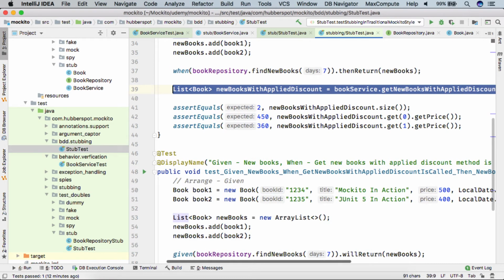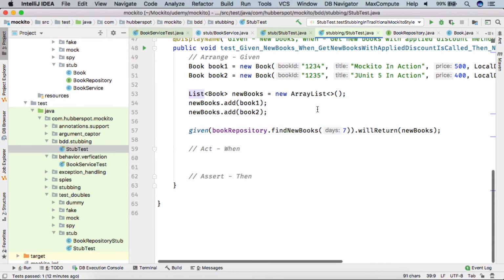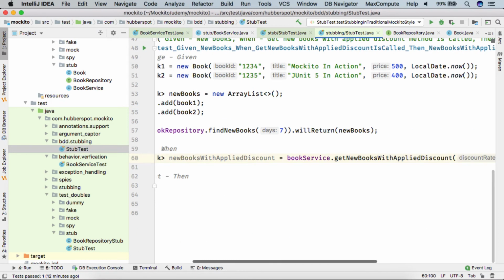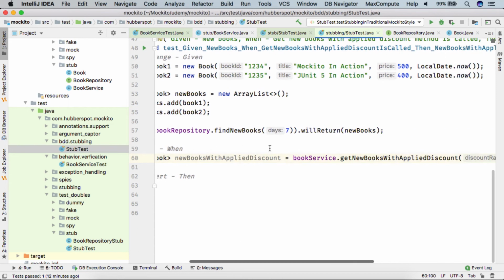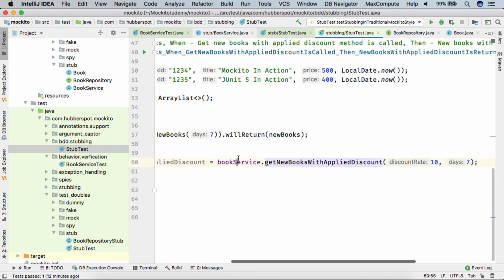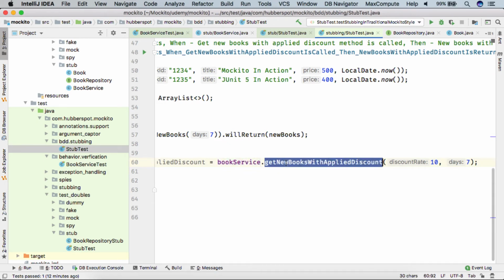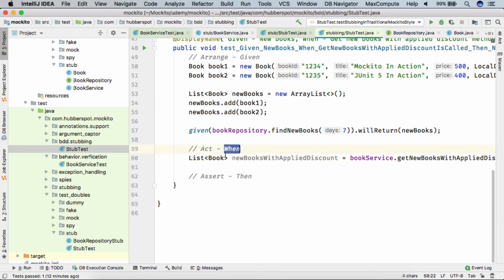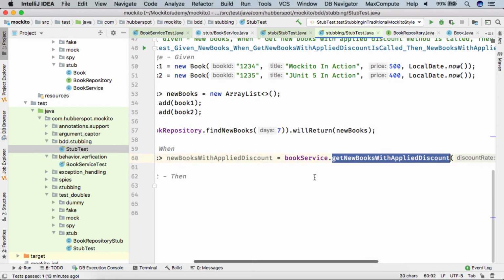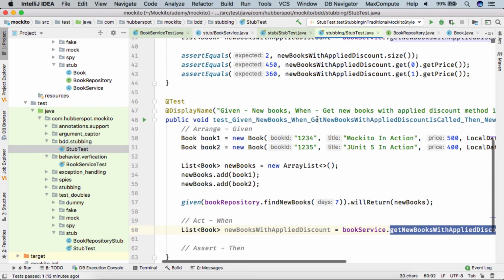So if I simply copy and paste this line here, this is our action: whatever we are testing in our system under test, we simply call that action. And it also states that when bookService.getNewBooksWithAppliedDiscount is called, like this.